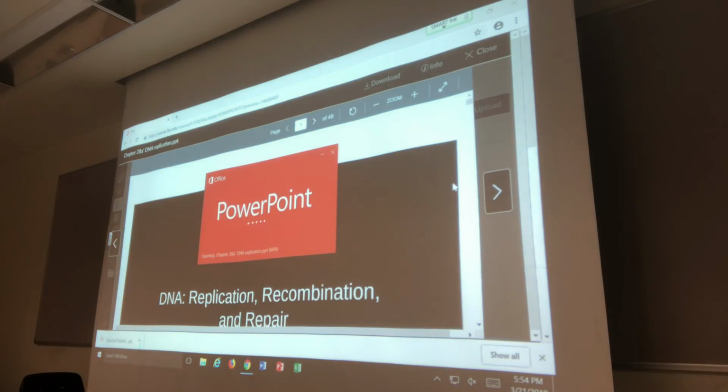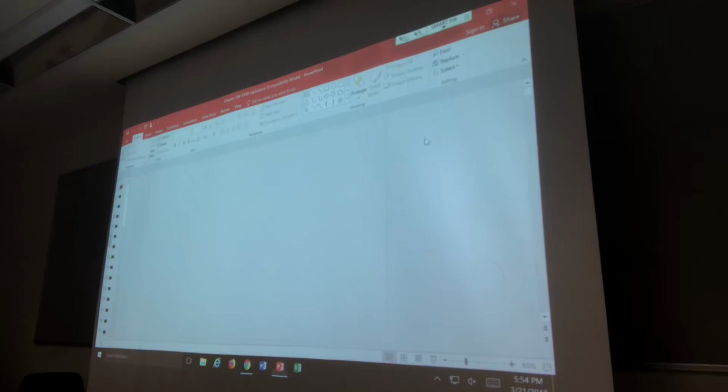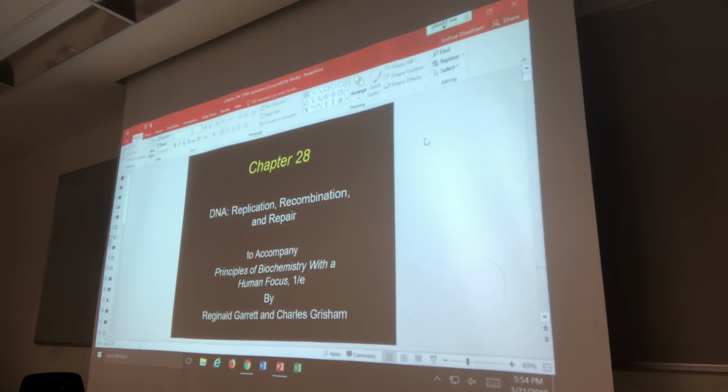All right, because now you've learned about the components of DNA, the nitrogenous bases, the nucleotides, and you learned a little bit of how when they're put together, you form DNA double helices, you form chromatin, you form nucleosomes in eukaryotes. In prokaryotic DNA, it's circular instead of linear. You're starting to put things together. Now we get into the actual mechanisms behind that. And again, you learn about transcription in chapter 29, but you also heard a little bit about what transcription is and how that's important. But first, DNA replication.